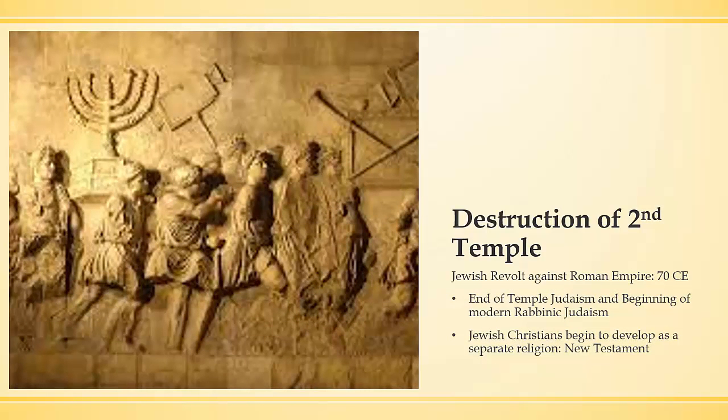This image shows the destruction of the second temple. There were two Jewish revolts trying to gain their independence from the Roman Empire, and the first revolt was finally quelled in the year 70 AD or CE. This was the end of Temple Judaism. The first temple was destroyed, then rebuilt. Now the second temple is destroyed, and there will be no more temple for the Jewish people,